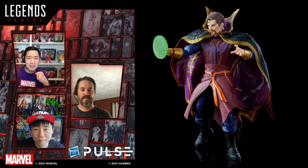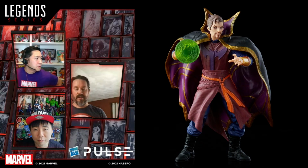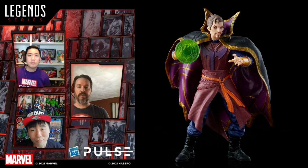A lot of plastic here. Yeah, a very voluminous cape. It's a really, really soft PVC, so it flexes super easy out of the way for posing of the figure. It shouldn't hinder anything. It's got a lot of deco on it too. While the back of the cape is mostly black with the gold trim, the inside has a lot of beautiful gold and purple ornamentation. A lot of those symbols that you associate with Doctor Strange from